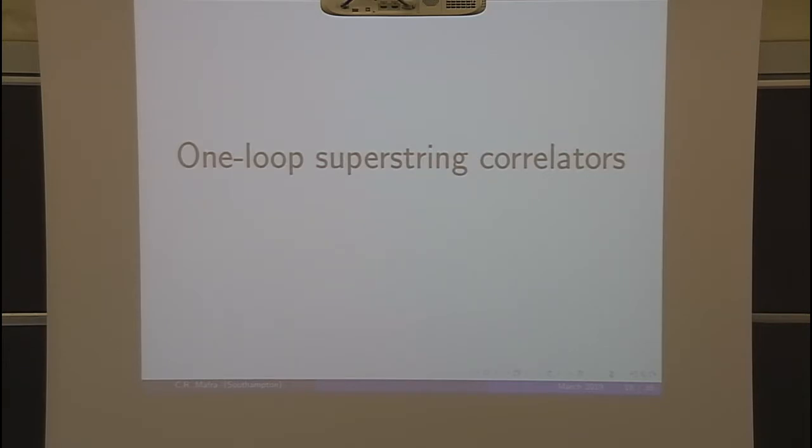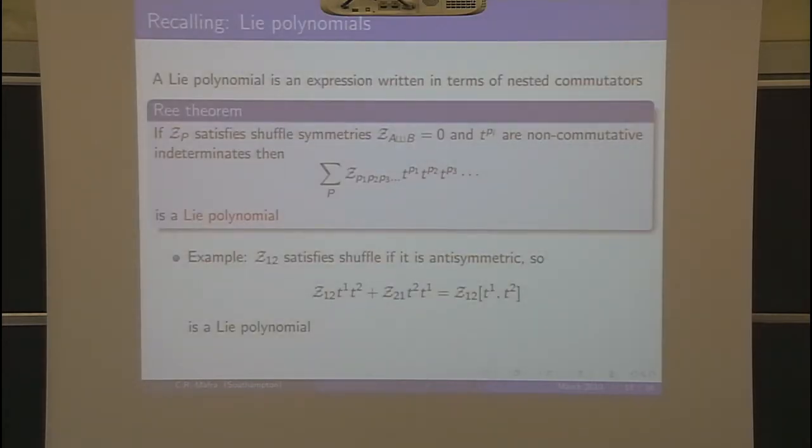So I will now talk about the open string correlators, and I just want to recall what a Lie polynomial is. A Lie polynomial is something that can be written in terms of nested commutators. That's the definition. And there is a theorem that says that if you have an object here that satisfies shuffle symmetries like that, and these t variables are some non-commutative indeterminates, and you sum over all permutations of the words there,